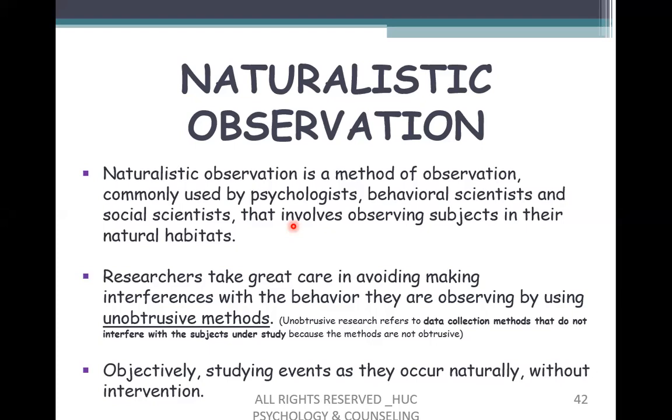Because actually that is your natural habitat, and your behaviors and everything are adapted to that environment, right? So when you suddenly change that, this is what they say: if you want to use the naturalistic observation method, we should study the subject in their natural habitat itself. If the subject is not in their natural habitat, you can't use this method. That is what they mean.